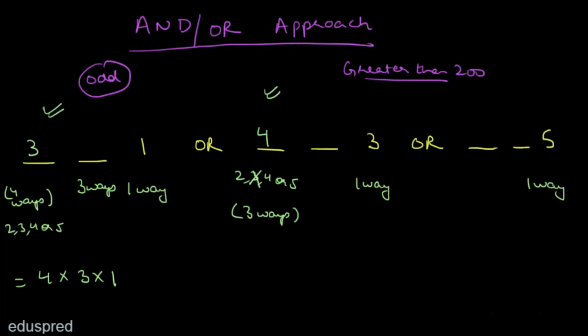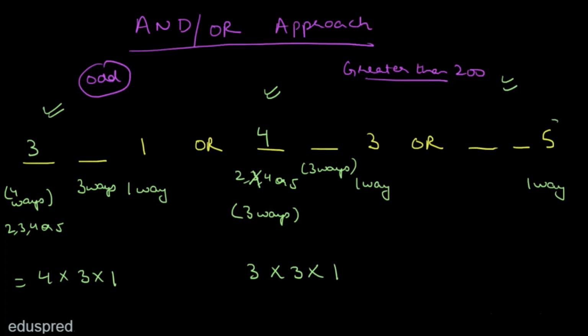Now having used 2 digits, in how many ways can we fill the second slot? Well, once again, this is trivial. So we can write there are only 3 ways to fill the second slot. And because we are filling the first slot and the second slot and the third slot, we multiply. Now move to this case.